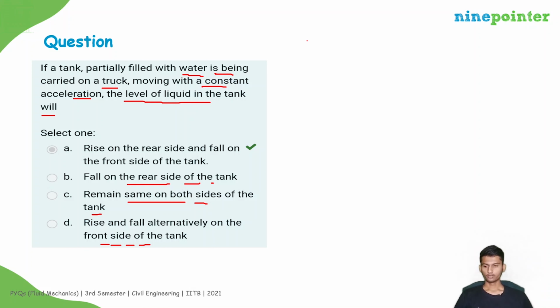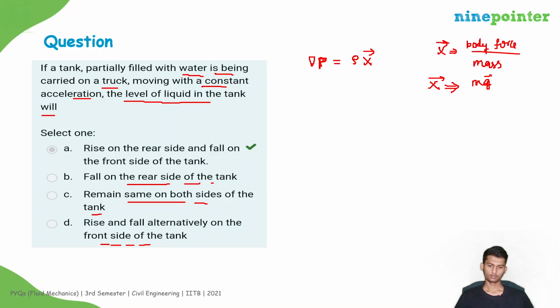So the fundamental equation of statics is grad P, the gradient of pressure, equals rho into x bar, where x bar is the body force per unit mass, right? The body force in case of fluid is mg divided by mass m, so that will be g bar, right? So grad P will be equal to rho into g bar if the tank is at rest or moving